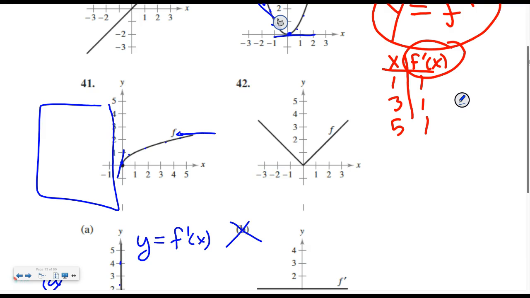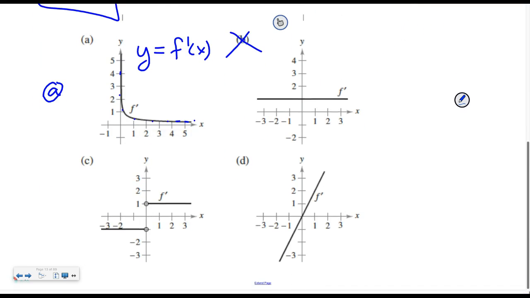All right, the last one, the absolute value graph. What's the slope of everything to the left? What's the slope of that line to the left? Everywhere, -1. How about to the right? 1. How about at 0? I don't know. Okay, and that's a topic for today. I don't know what it is. So that one matches to